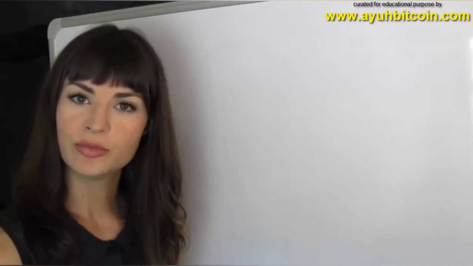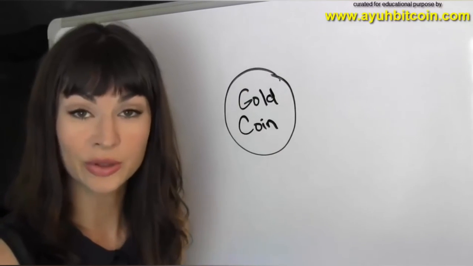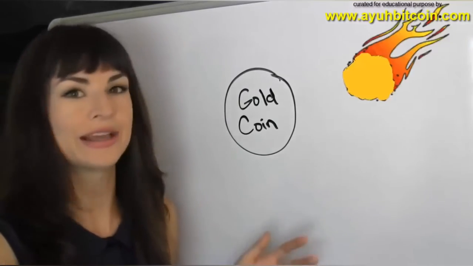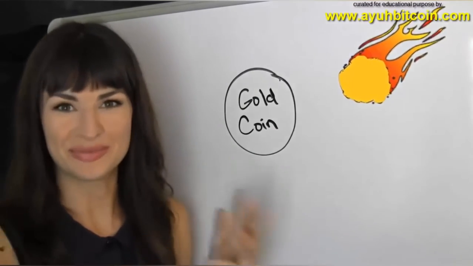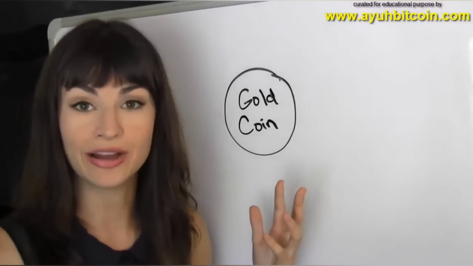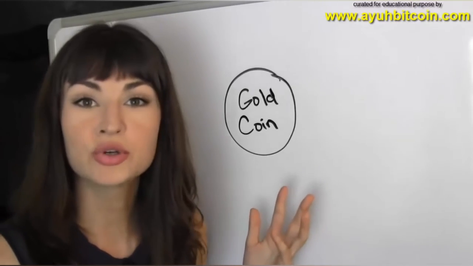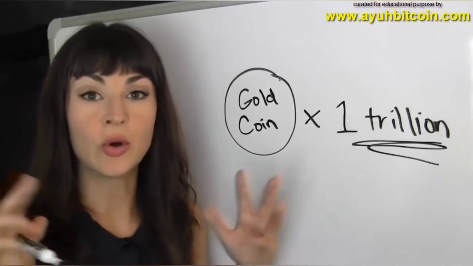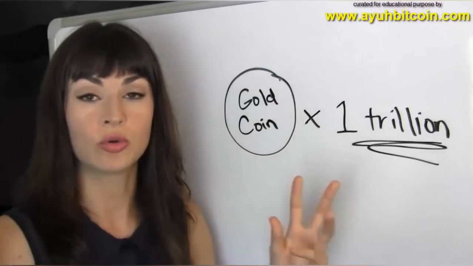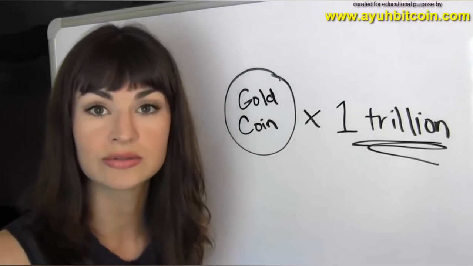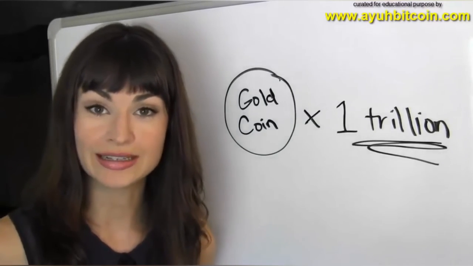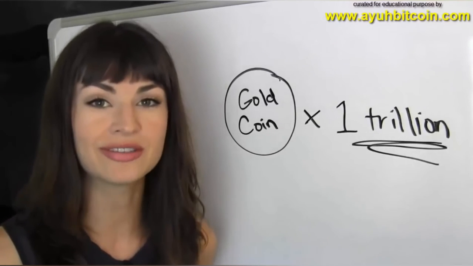Let's consider gold for a moment. You know, that really valuable shiny metal. What would happen if, say, an asteroid made of gold were to hit the Earth and suddenly increased the available supply of gold by 1 trillion? So that there were gold coins lying around everywhere you looked. You wouldn't even be able to step out your front door without kicking over a pile of gold. If gold were as common as pebbles, do you think people would still be willing to trade, say, a car for an ounce of the stuff?